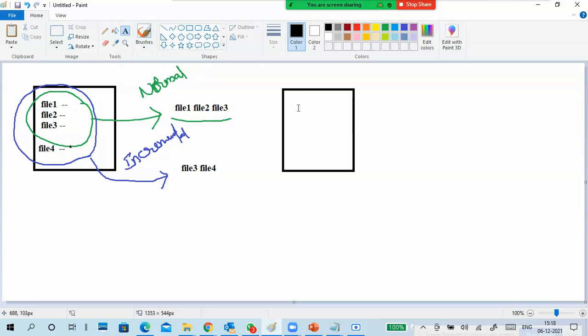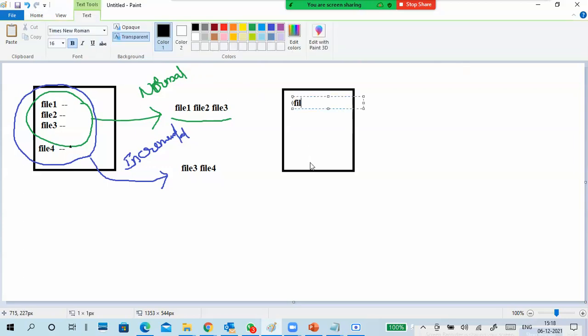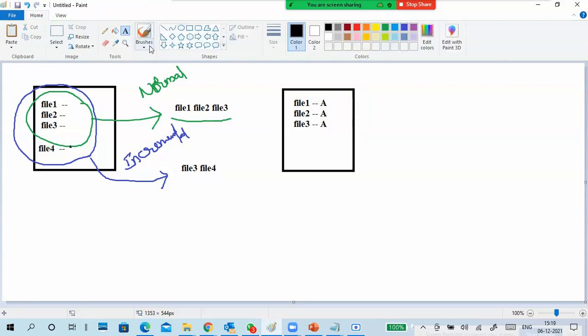I have three files. File one, file two, file three. Okay. So I'm not going with the copy backup.